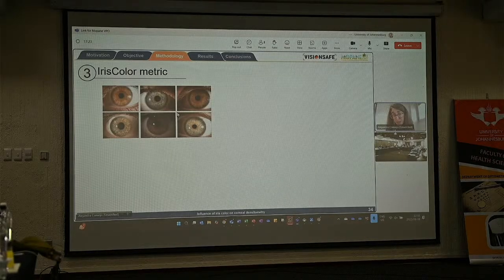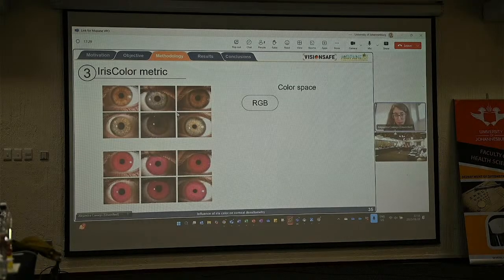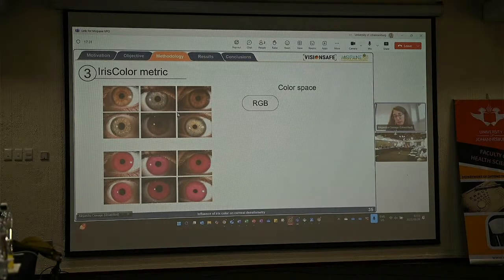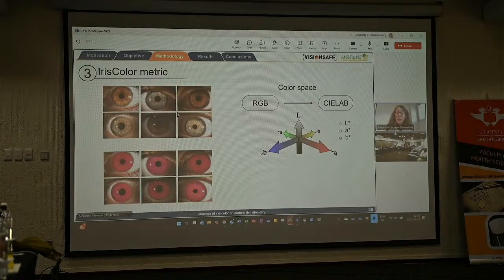And now the objective is really to be able to classify these pictures according to their color. So, okay, we have standard RGB images, nothing special. And what we do is we move to the CIELAB color space. This color space has three coordinates, L, A and B. As you can see in the image, A goes from green to red, B from blue to yellow, and